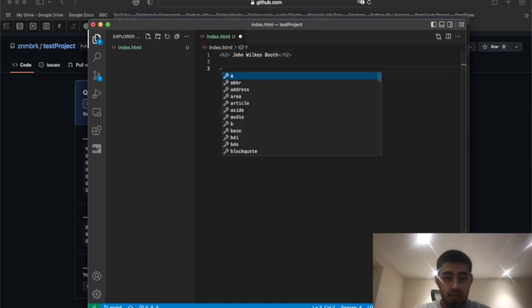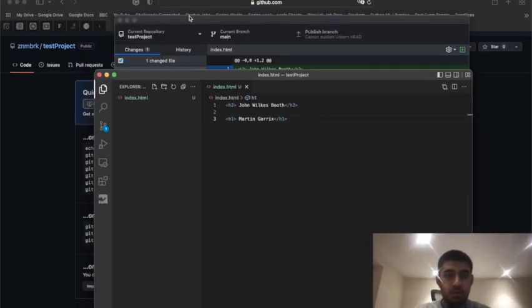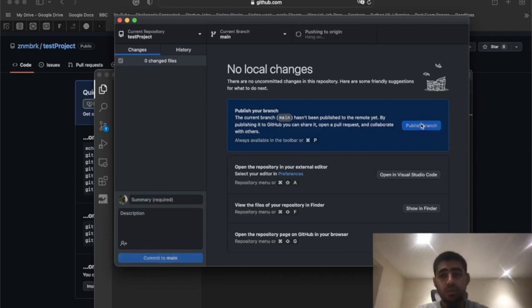and add H1 Martin Garrix and click Command S, that circle disappears, and that means we have to now commit our changes. And all you have to do is write a short description. So test heading elements for YouTube. Hi YouTube. And then all we do is commit it to main, publish the branch,